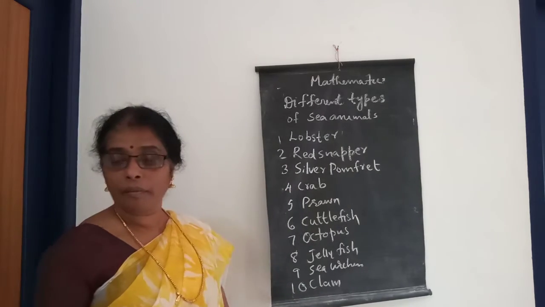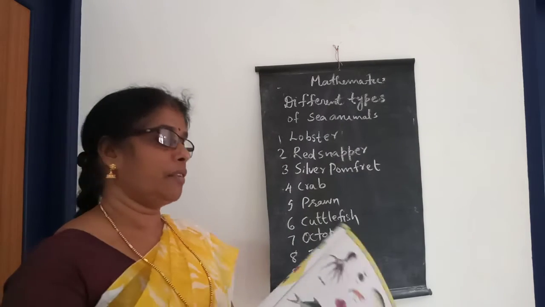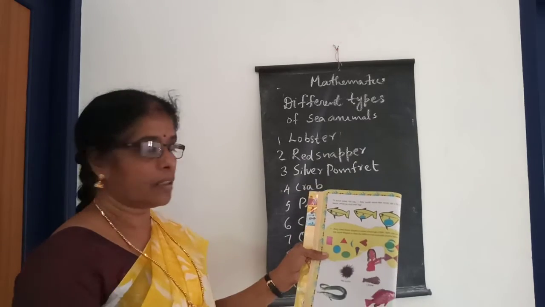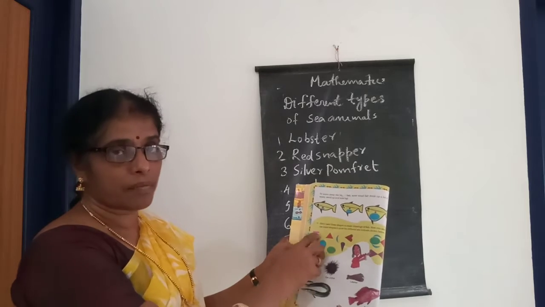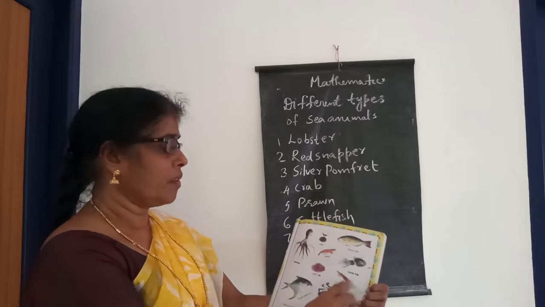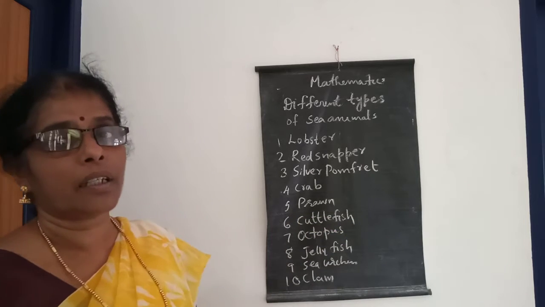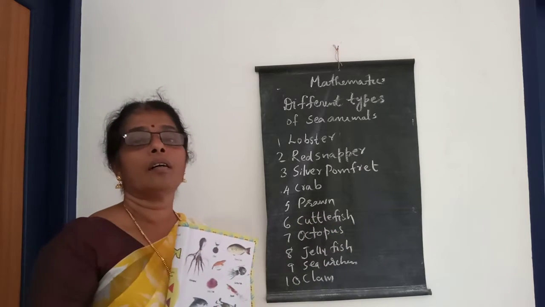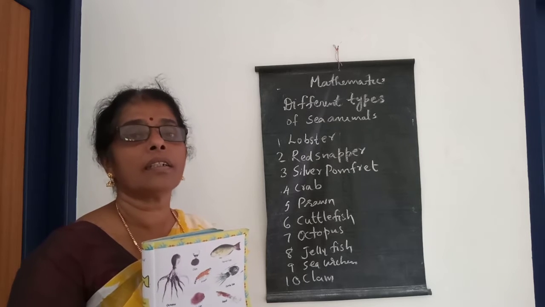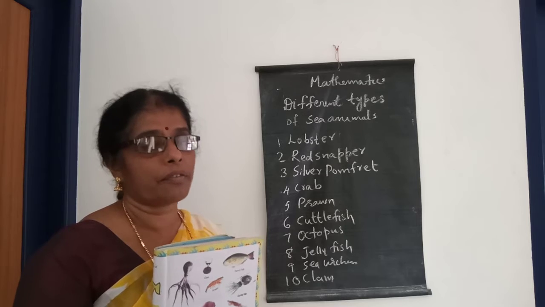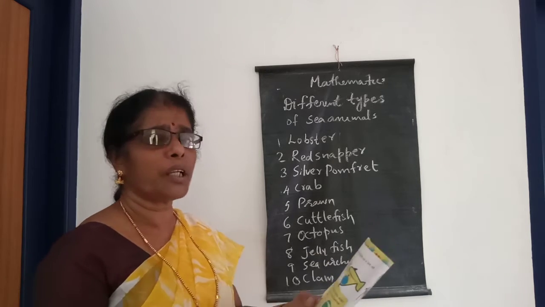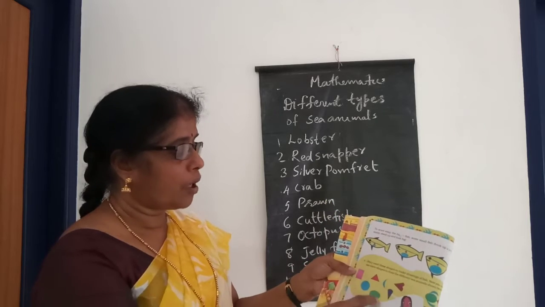And next, some shapes are already given here. What are the shapes? Yes, look here, some shapes are already given here, and we can make use of these shapes and draw some sea animals. You can draw it. You have to do it in your assignment time. What is your assignment time? That is now, from 12 to 12:45. That is your assignment time. You can make use of that time.